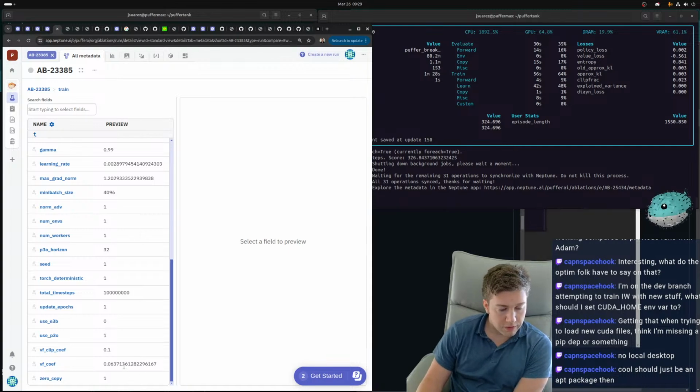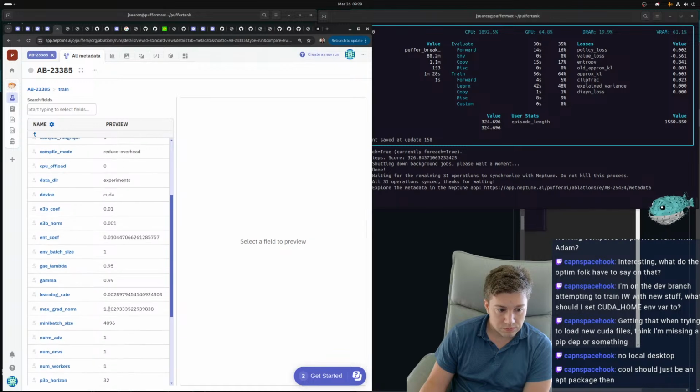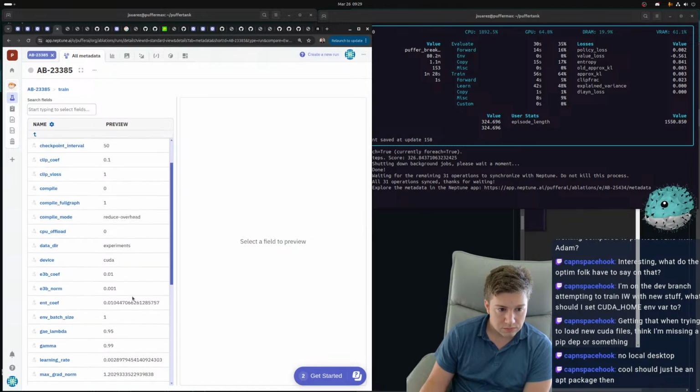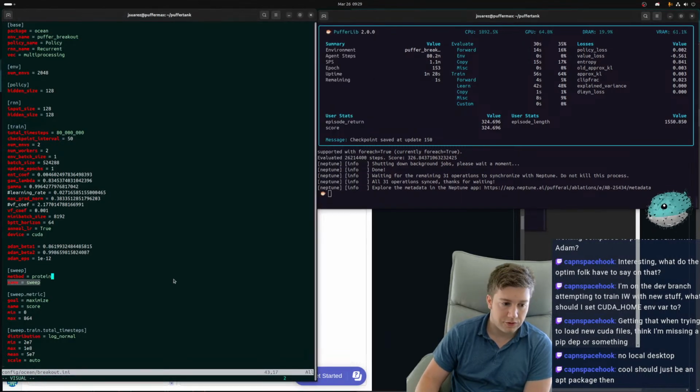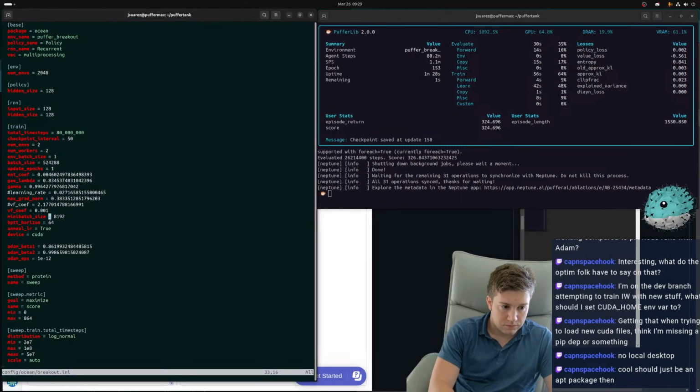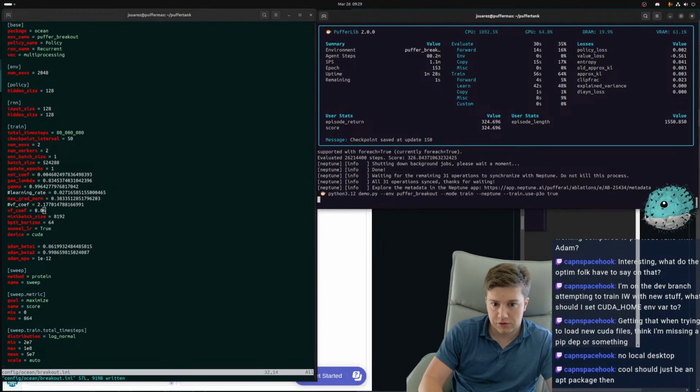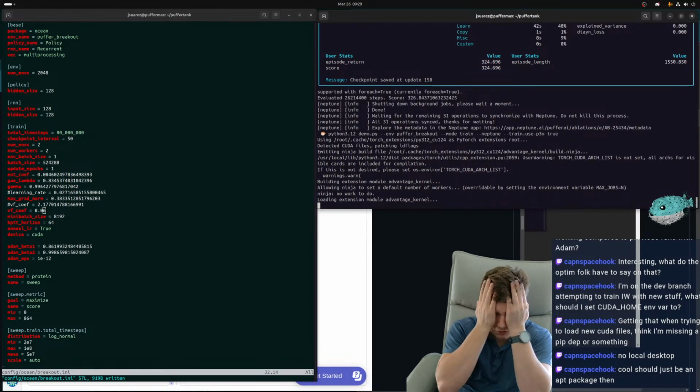Yeah, so it was this run right here with this pretty low value function coefficient. And I wonder if there's something to that. Maybe there actually is. It has a whole bunch of different heads on it.